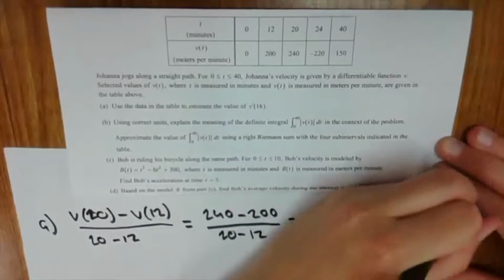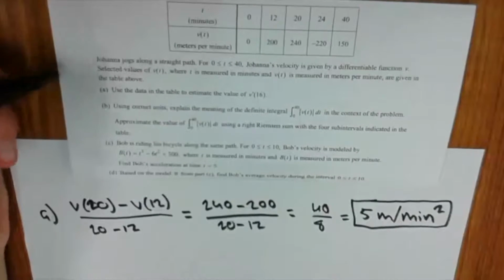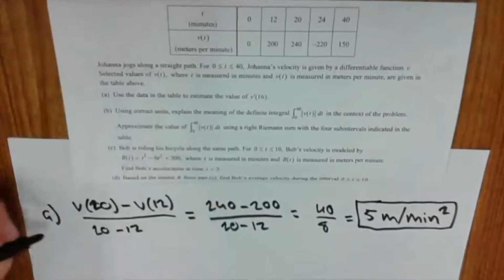And so that is our answer for letter A, and that is her average value, or the estimate of v prime of 16. And so next,